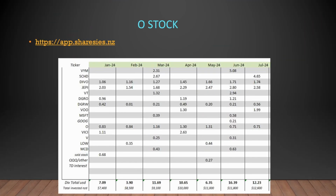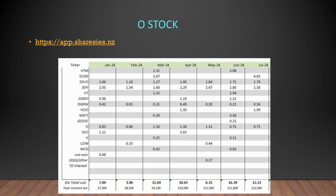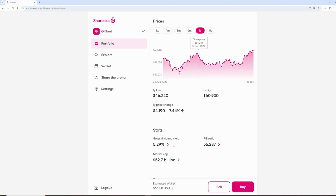My sixth payment is O, which is Realty Income Corp, and that paid me 71 cents. This is a REIT and my only payment this month from an individual company. So here are my 6 companies here, but with Realty Income I have 4 shares and it's currently up by 9.3%. Realty Income also has a good dividend yield, which is 5.29%, and REITs are relatively stable,